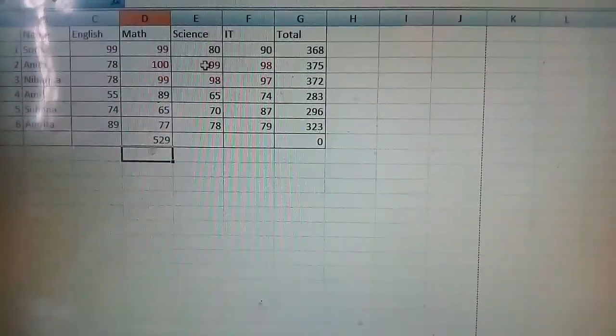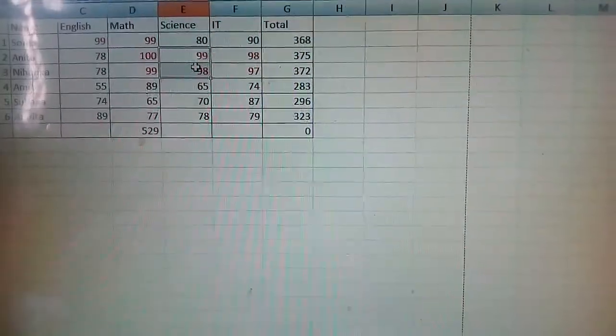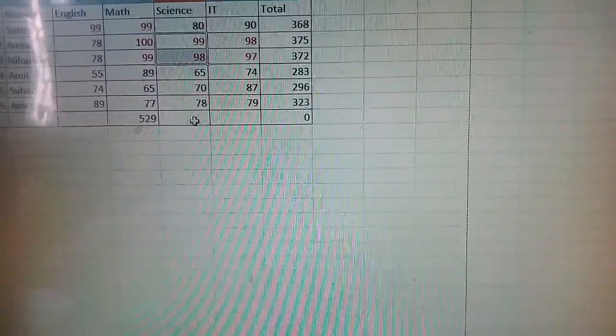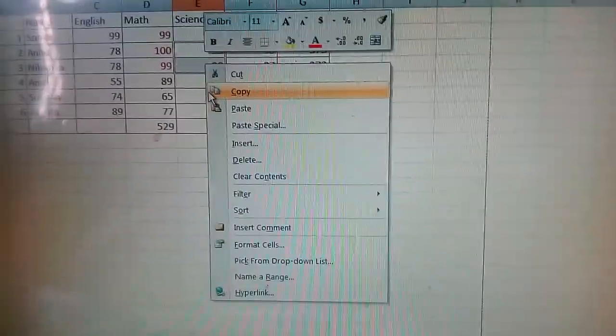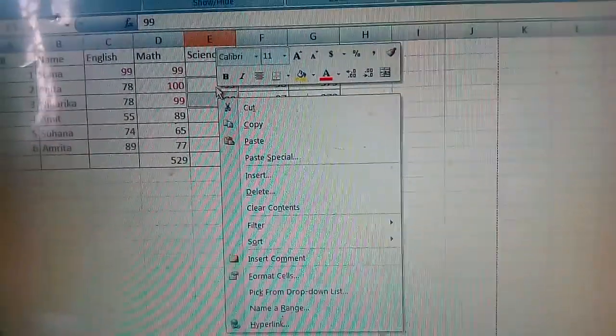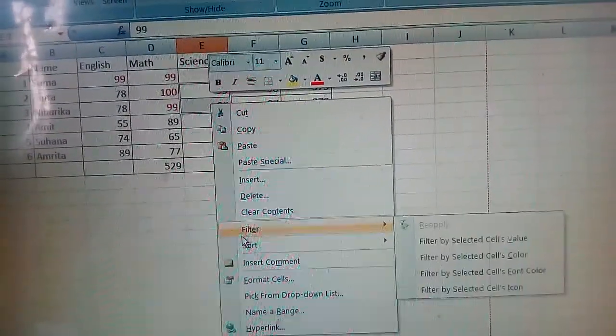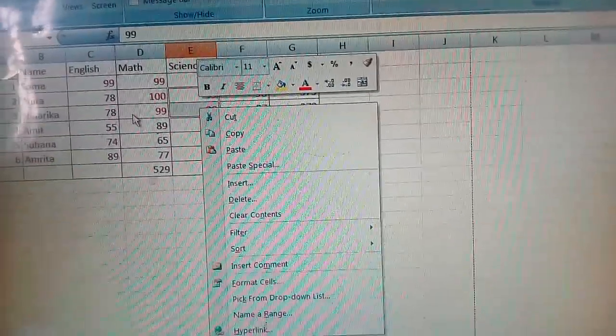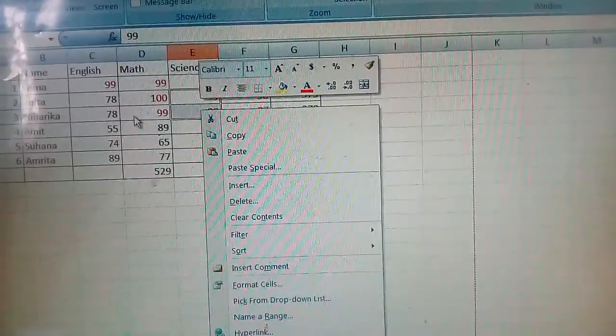Similarly, suppose in Science we want to add only these two numbers. So give the name of this cell range. Click over here, right click, but you will not write this process. You have to write the process which you follow in Calc.